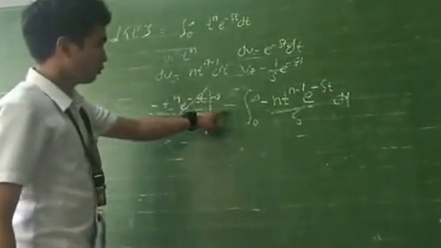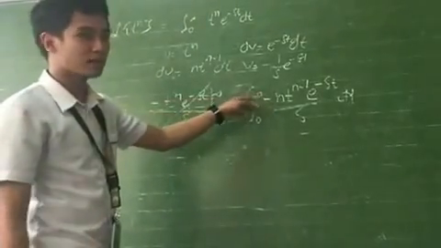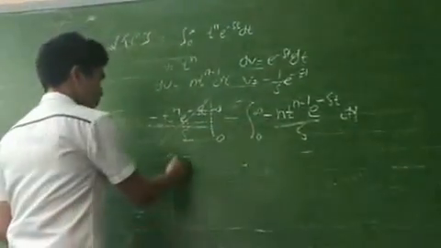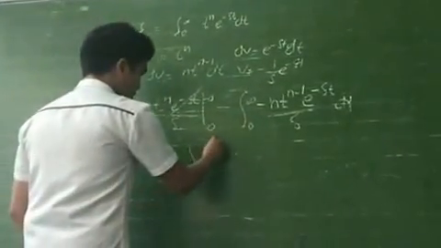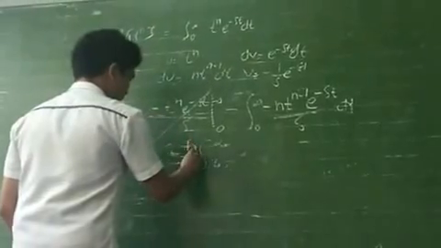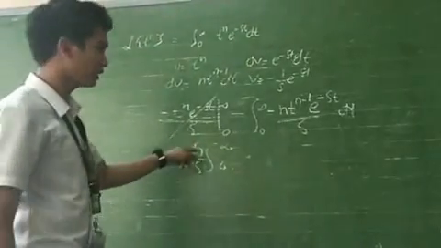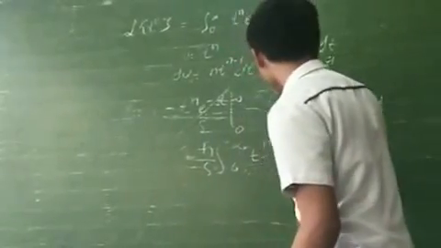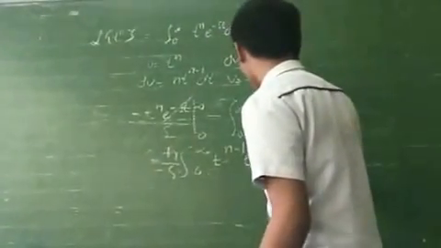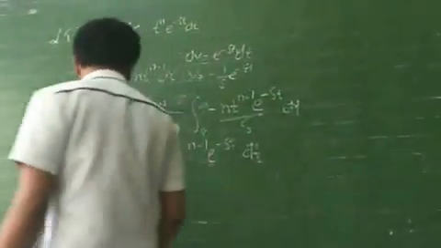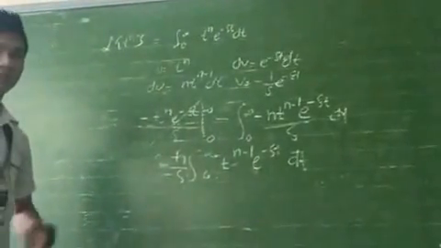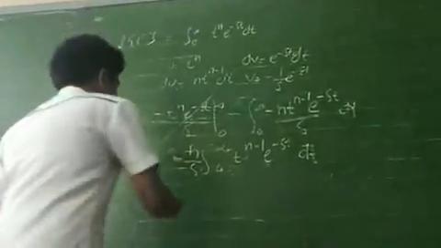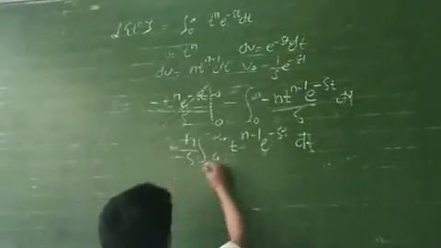Now we will just take out the constant n over s. This negative sign will just become positive. So this will become n over s times the integral of t raised to n minus 1 times e raised to negative st dt. Now we will compute again the integration by parts of this term. So let u